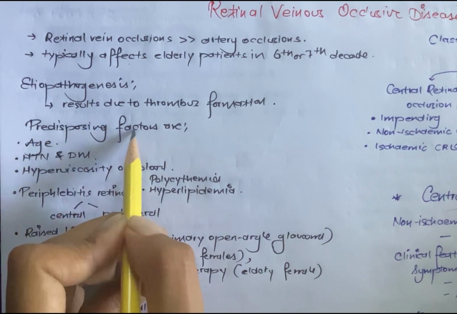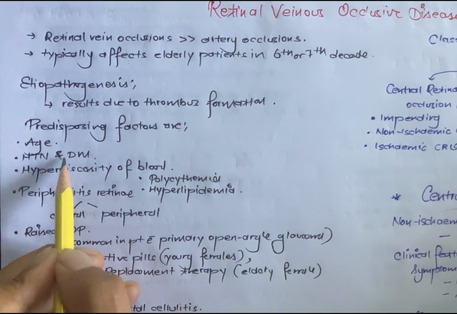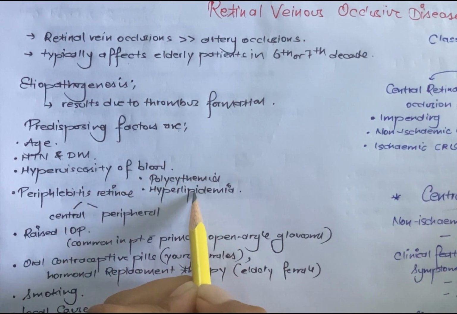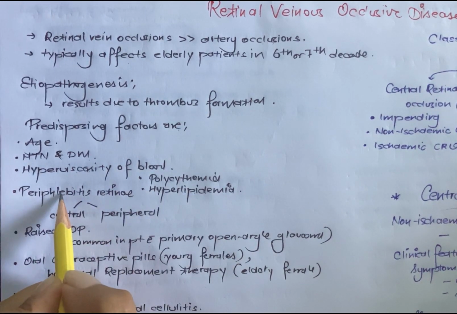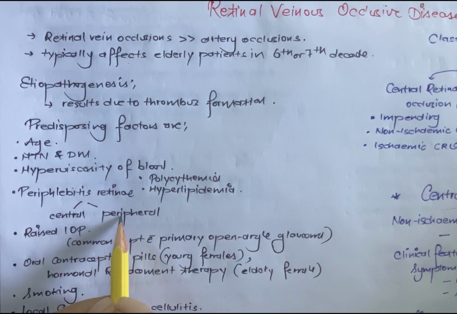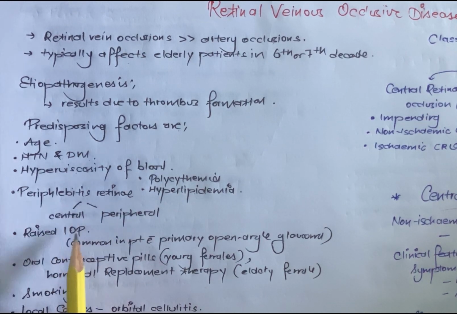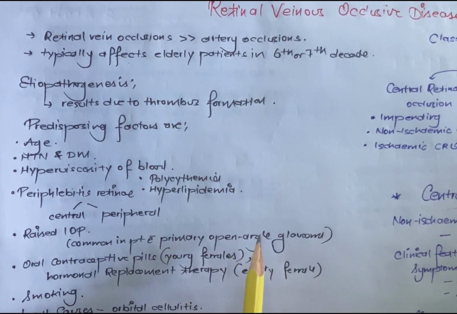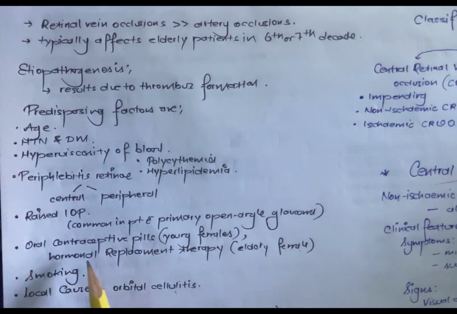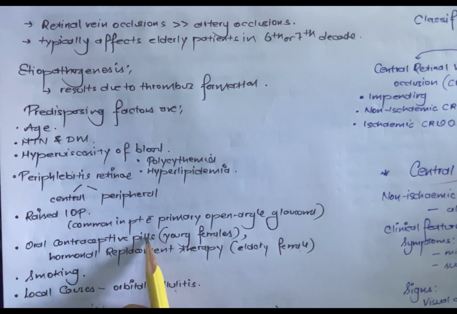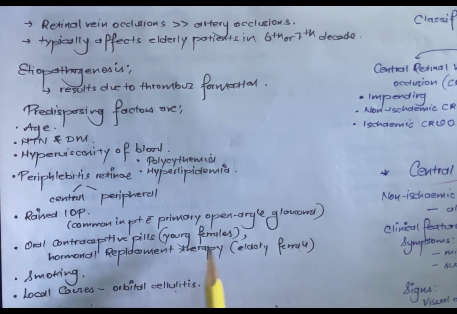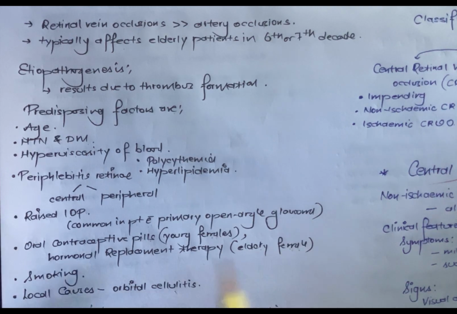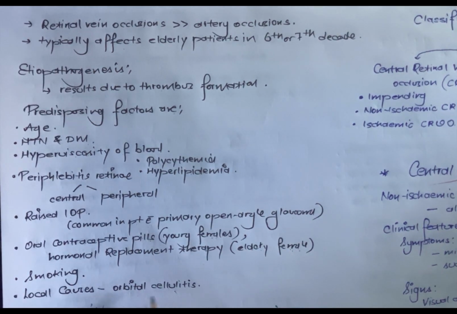And the predisposing factors are age, hypertension and diabetes, hyperviscosity of the blood due to polycythemia, hyperlipidemia, and periphlebitis retinae, that is central or peripheral, and raised intraocular pressure, which is common in patients with primary open angle glaucoma. And also the intake of oral contraceptive pills in young females and hormonal replacement therapy in elderly females may lead to retinal venous occlusions, and smoking and local causes like orbital cellulitis can also lead